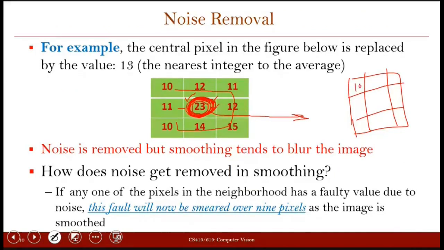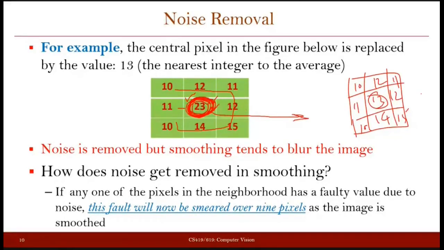So this is your 10, this is 12, this is 11, this is 11, and this will become 13, this is 12, 14, 15 here, and 10. So now you see that whatever you get at the central pixel is very close to what you have in the neighboring pixels.